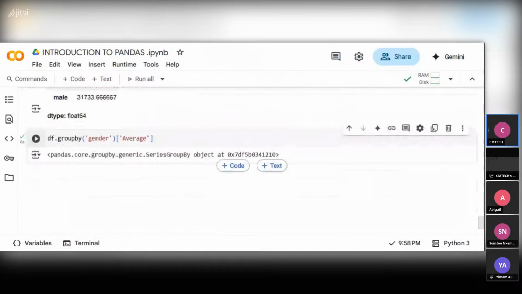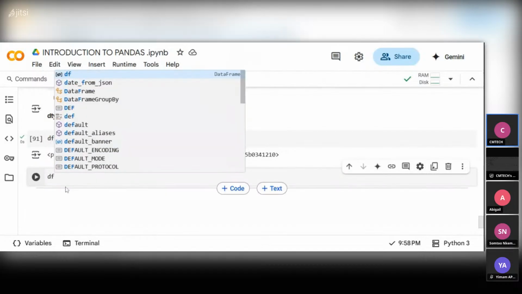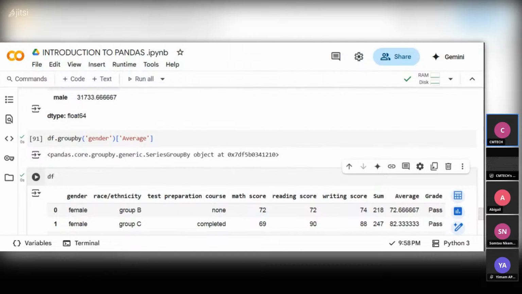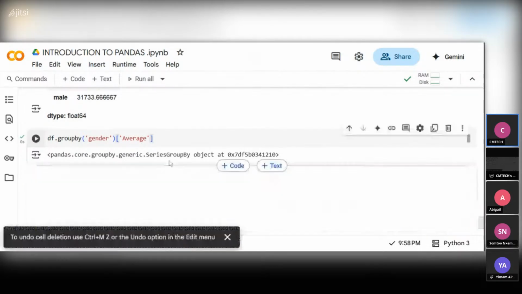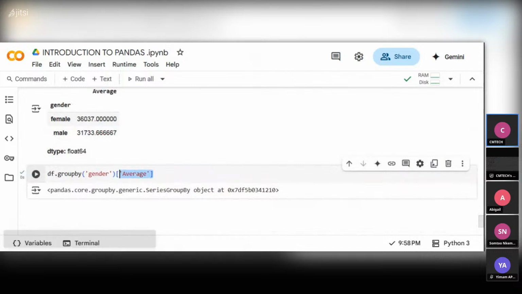Group by average. So let's see the F. So group by, okay, I'm coming. And let me copy this. Let's see, average. We are going to group by average and